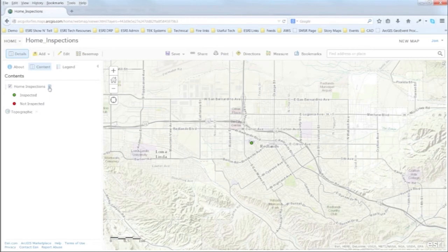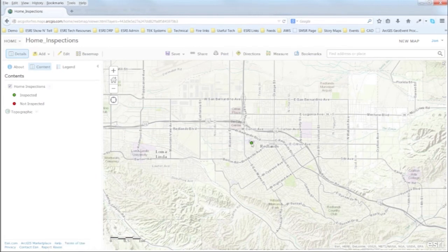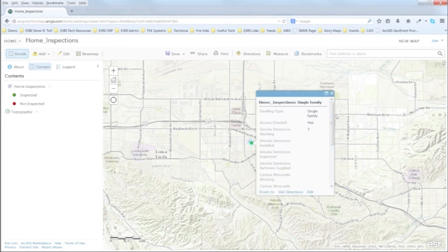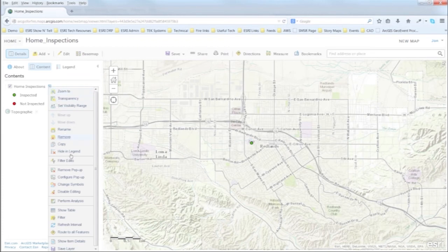We can now make some adjustments to this. We can go in and make adjustments to the pop-up and see what the pop-up contains. If we look, by default the pop-up has some information in here, but it's not that useful or friendly at this time. If we go ahead and change the pop-up,